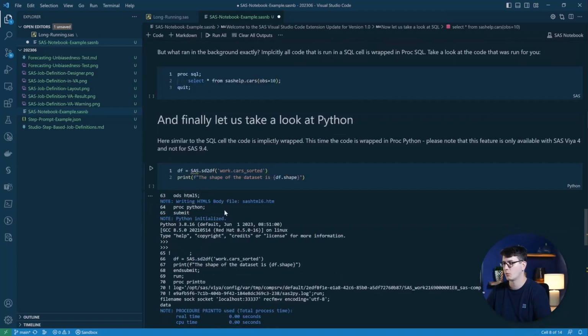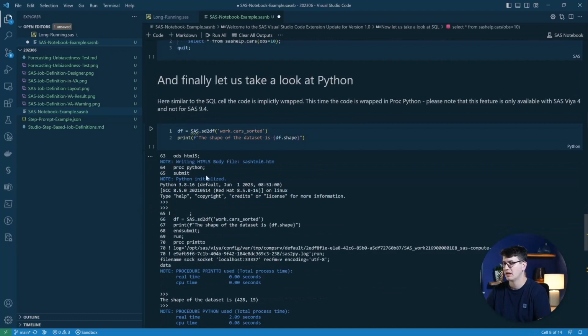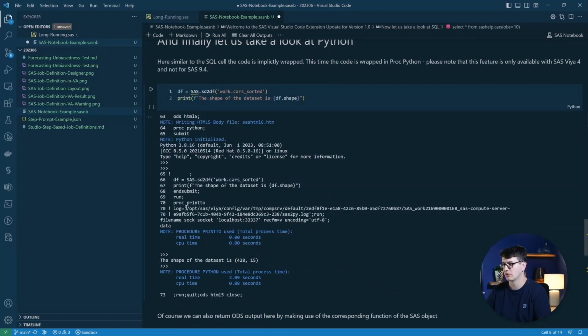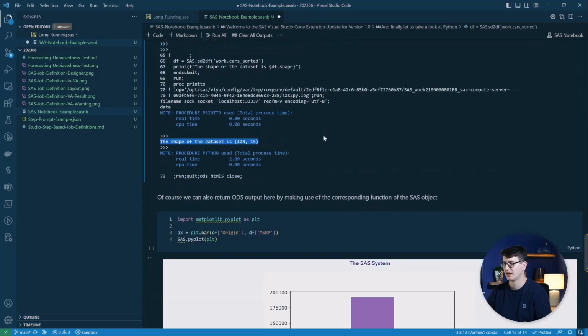So here we can take a look at our example, and then you can see down below you get the execution result. You see the startup of the Python runtime, you get the log messages that happen in the background, and here we see the print statement that I've generated up top.